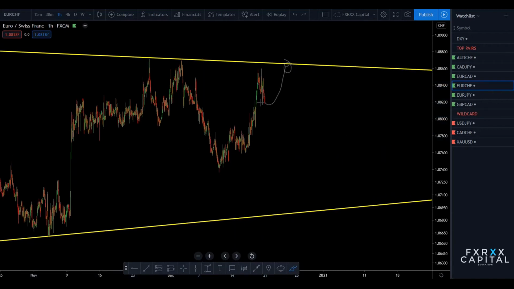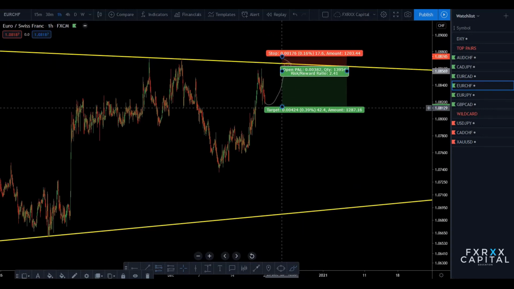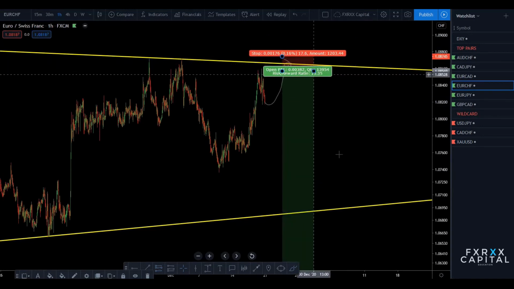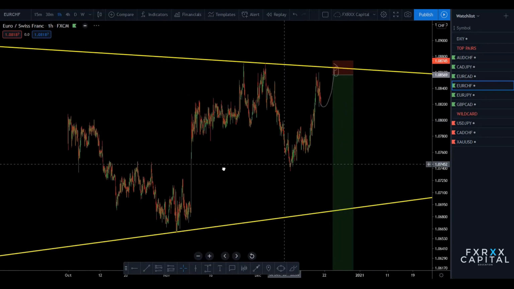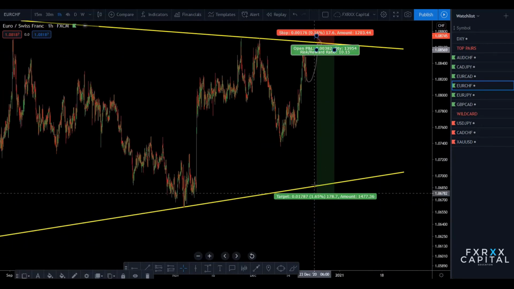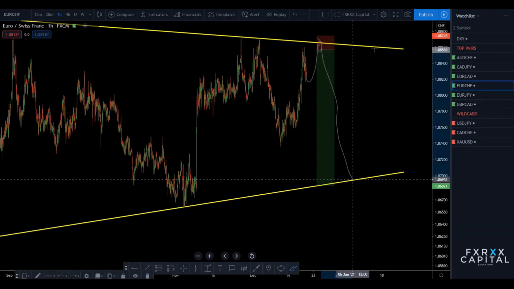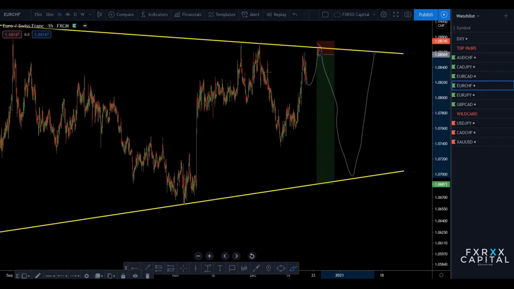So I will set my setup: move to the upside, move to the downside, I'll sell setup, move to the downside. So there will be the setup, and the minimum target might be here. And if price moves to this downside again, I might buy the setup again, move to the upside. So this is one example.